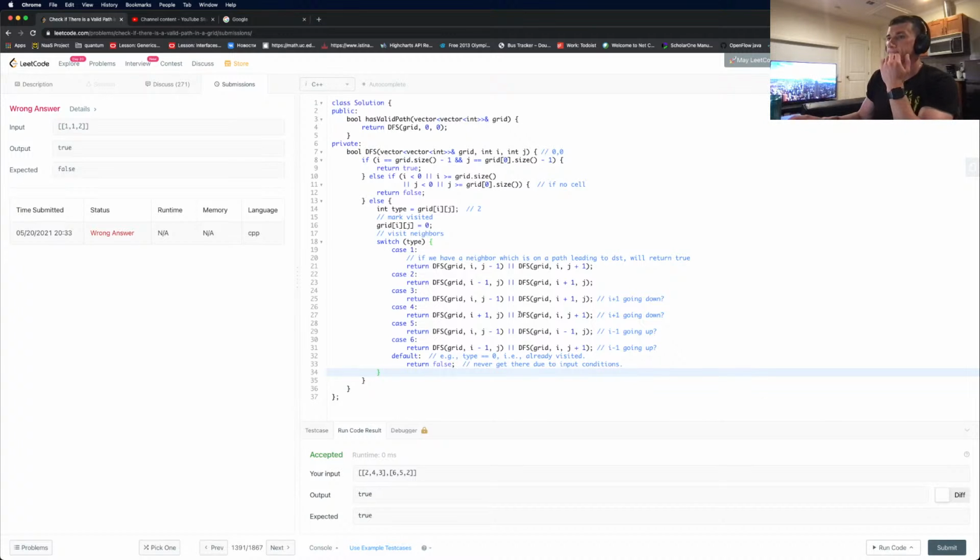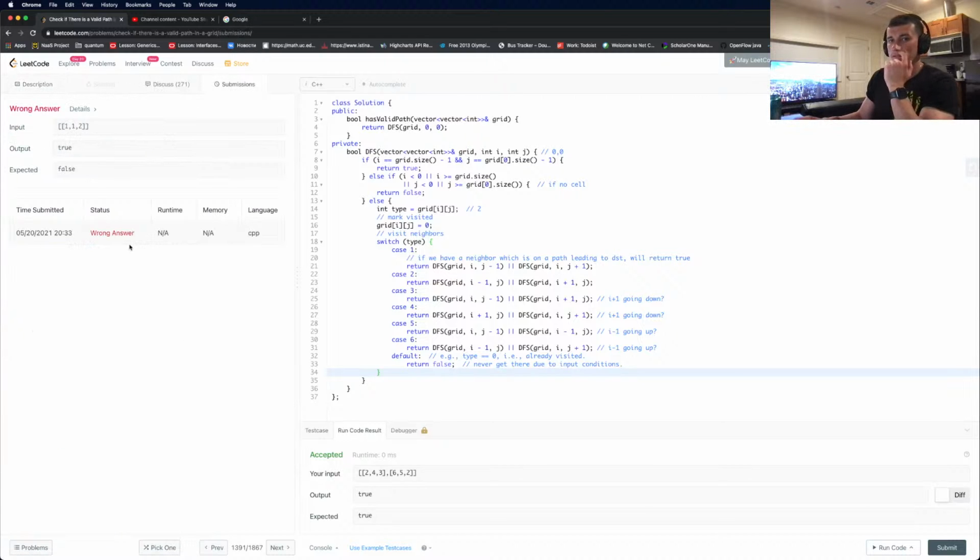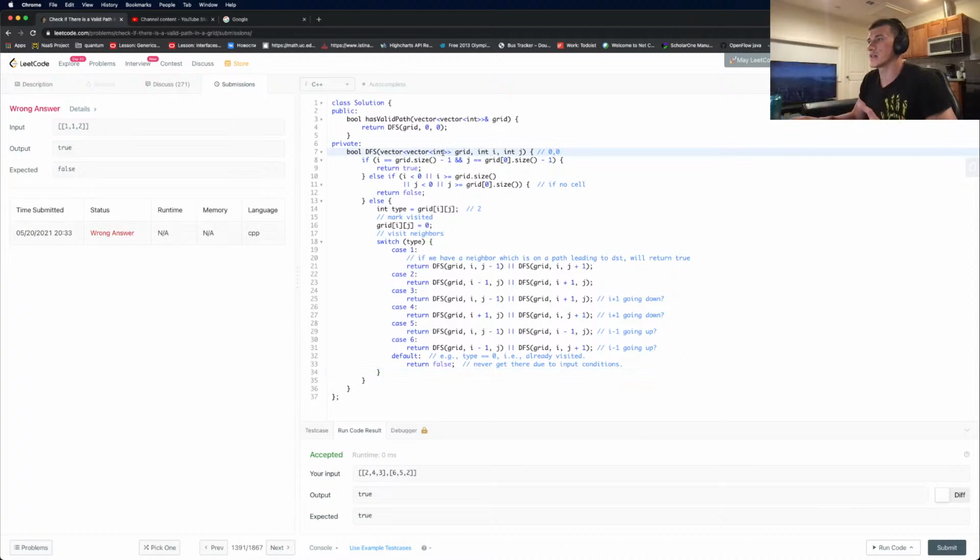I think I got it. So let's see, 1 is what? Is this, right? So this is like going left, and then we hit the destination and we say we're done, right? The problem is that, all right, let's then not copy it. Let's actually not send the reference, but let's send the copy of it. And then say and